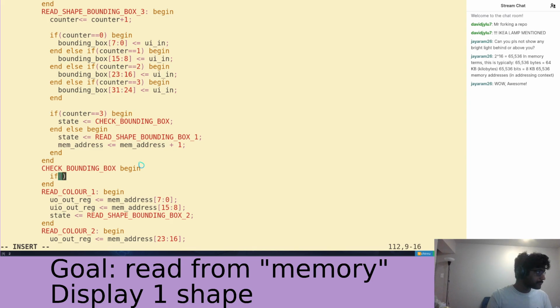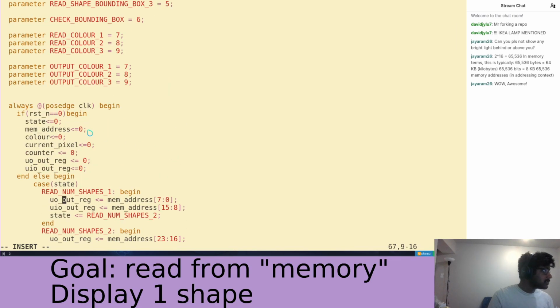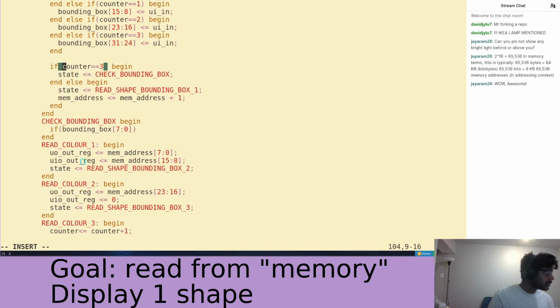If, so obviously bounding box of 7 to 0 is, I'll have the if be the, no, we can't do Python stuff, so it's like whatever. If the bounding box, if the left end of the, so hold on, we should probably check from the pixel location, what do I call it? Current pixel, yep. Current pixel,